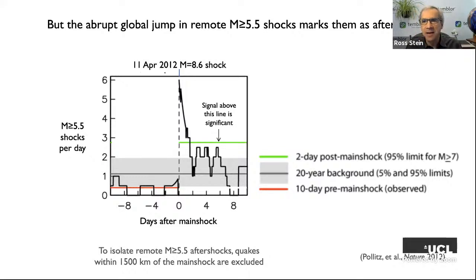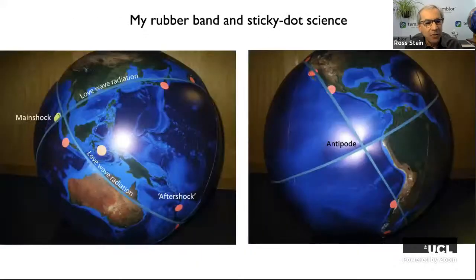So this is astonishing. So you probably saw in the corner of my studio here, my inflatable globe. And since, as you can imagine, I have a lot of rubber bands, and because I'm a very sophisticated scientist, I have a lot of sticky dots. So I started putting those earthquakes on that globe, and I got some big rubber bands and discovered I could pretty much fit the location of all these earthquakes by rubber bands that just form a 90 degrees to the main shock. And you can see, it's about a 3-foot wide globe. And I ran into Fred's office with my globe and said, you know what, they have this pattern.